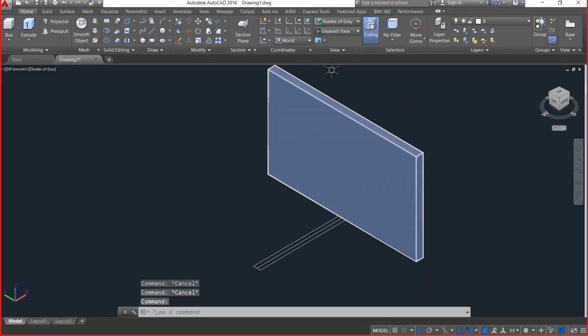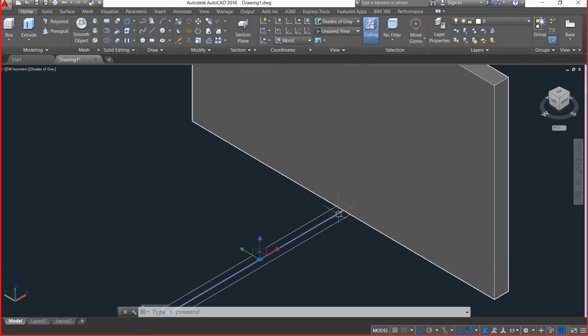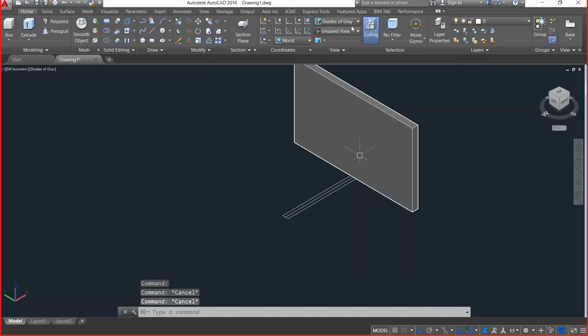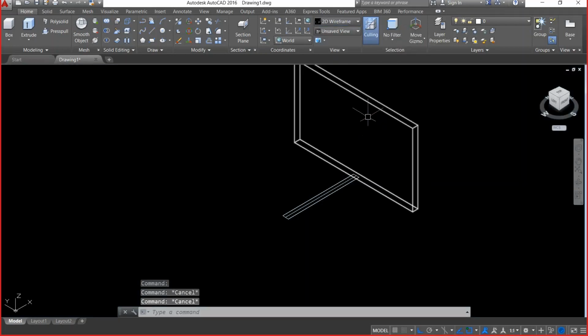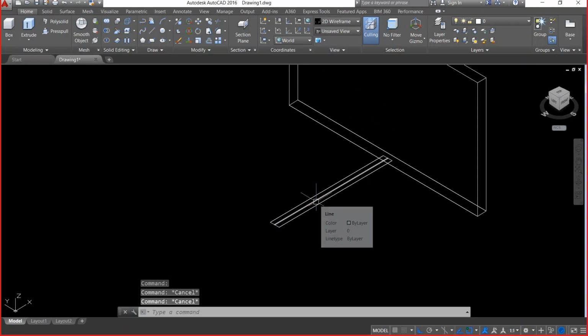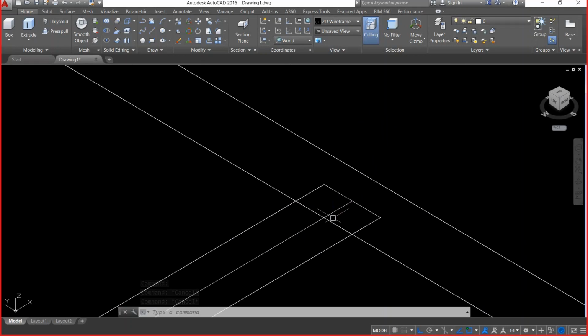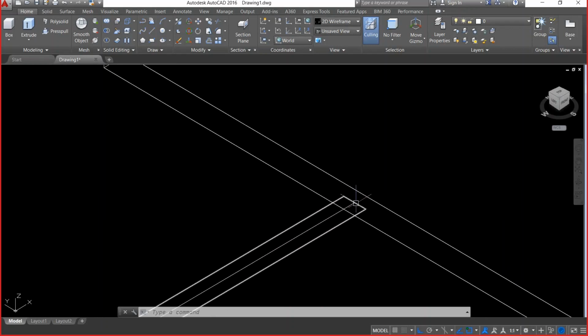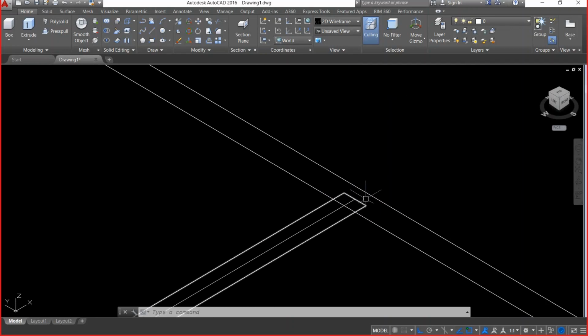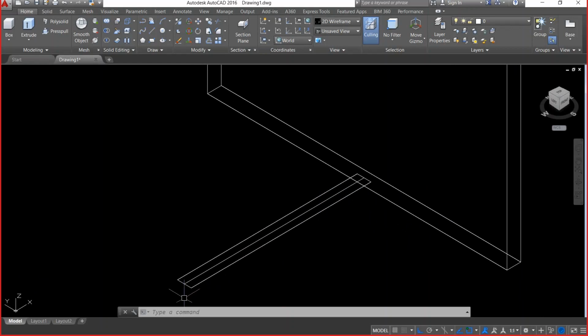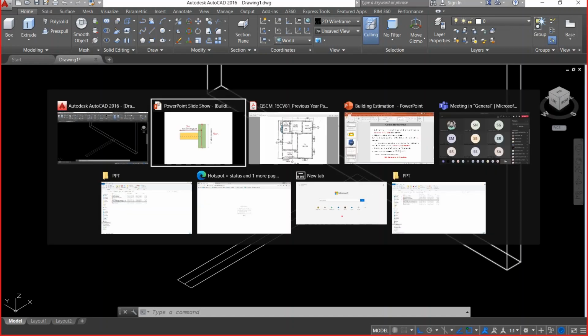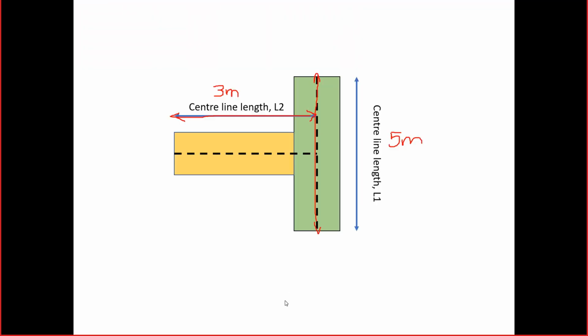Once I switch to another shaded view, the center line length is overlapping this area which I've already constructed. I've already constructed this wall. Now when I need to construct this particular wall, there is an extra length of wall which I have already considered in the length, which I need to deduct. As in the long wall short wall method, we just do the deduction. How do we do the deduction in the long wall short wall method? Total length minus wall width divided by 2. I'll just go back here and show you.